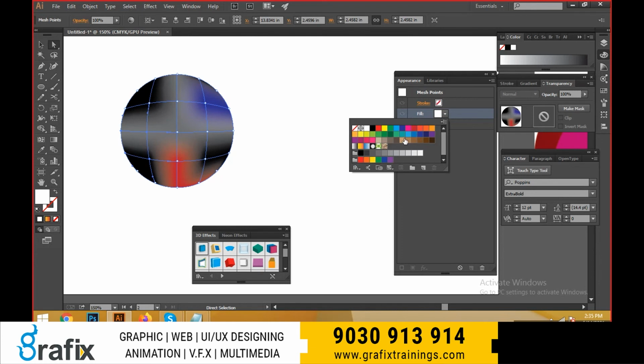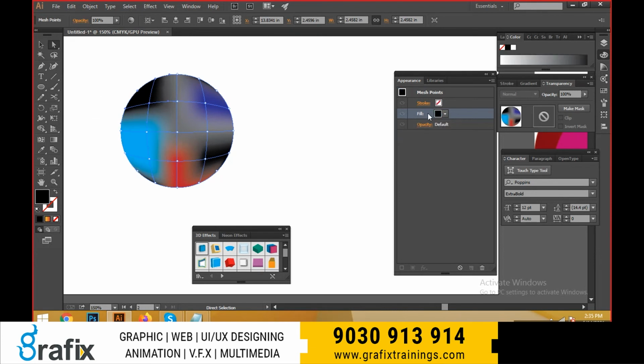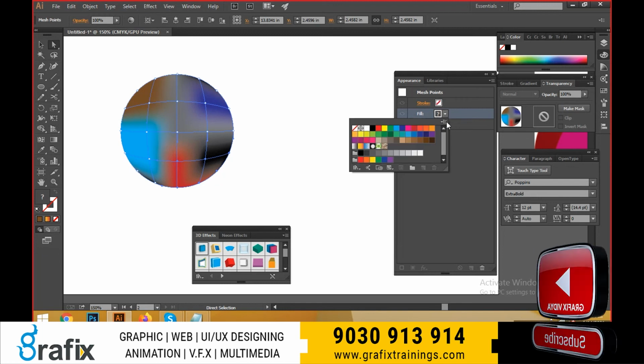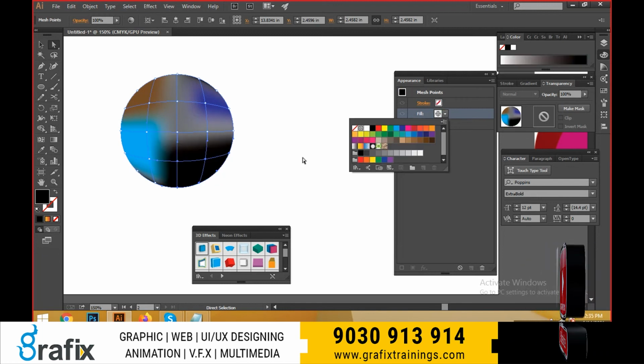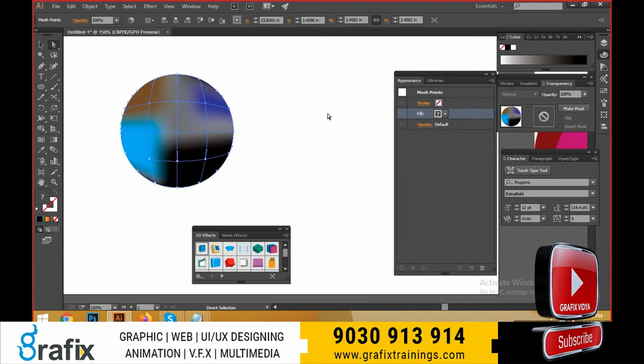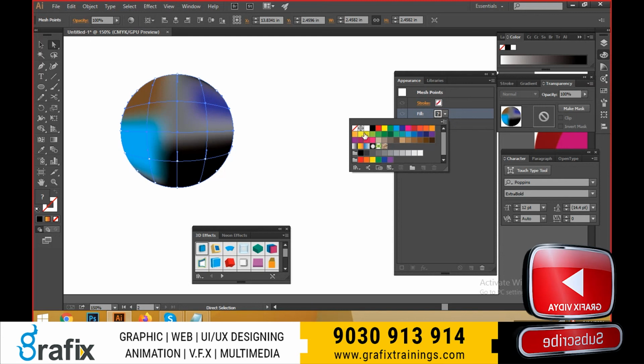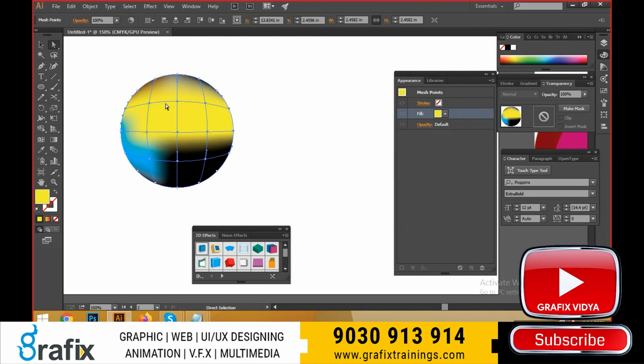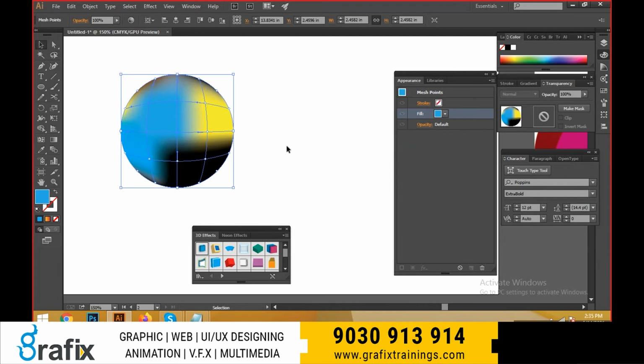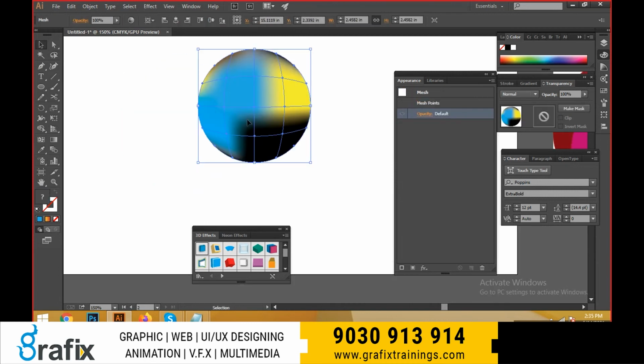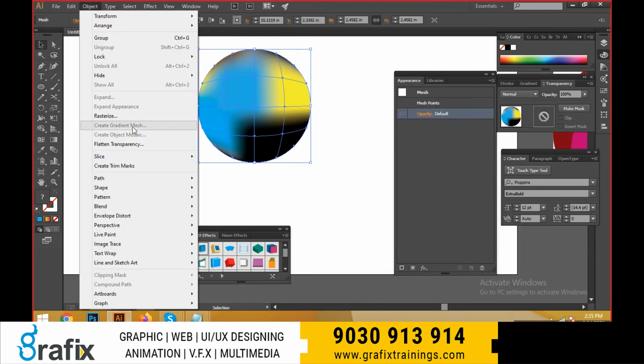Select this one and make it some colors. And I can fill the colors. I would like to select the inner points using this lasso tool. Select this one and make it like this. Just a gradient mesh we are applying from here.